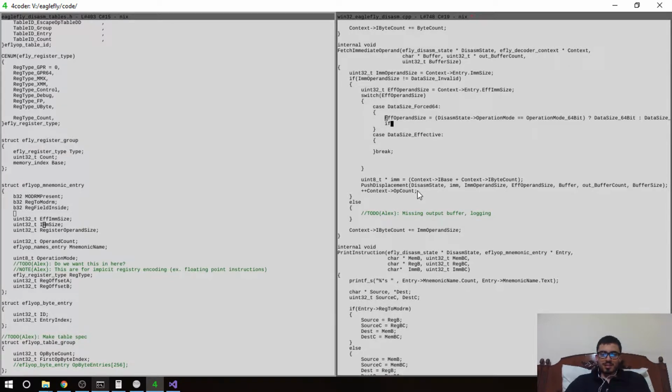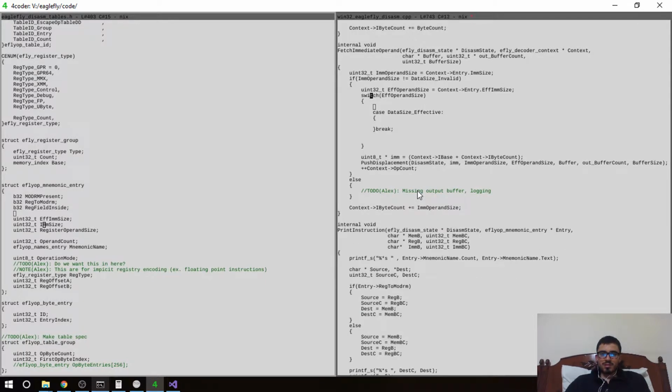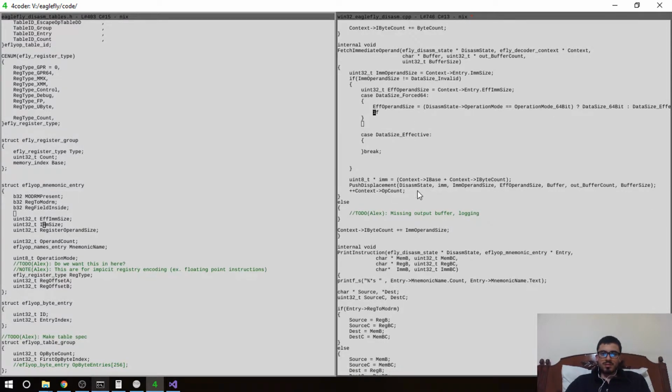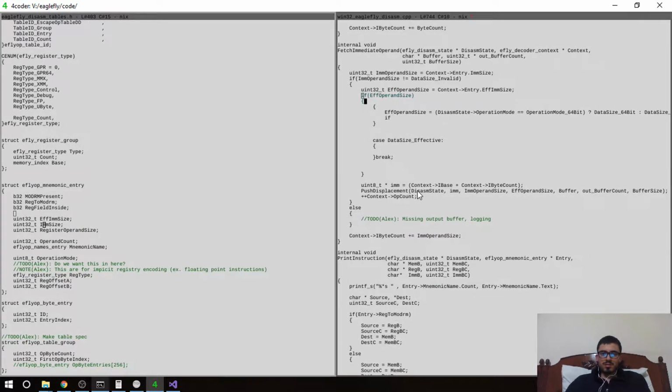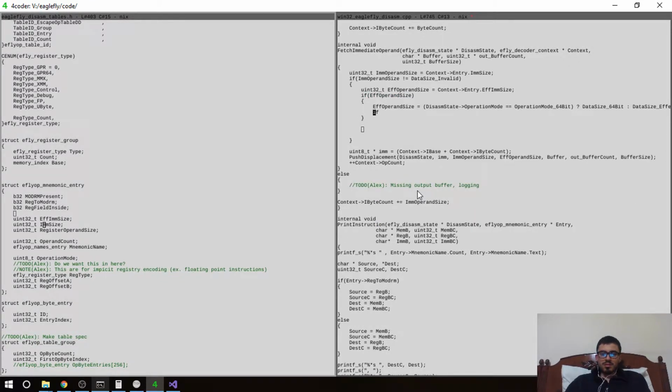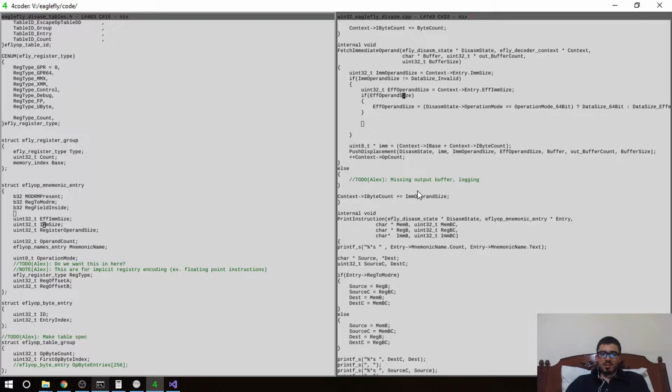That's the case. So we can just say if effective operand size, data size force 64,